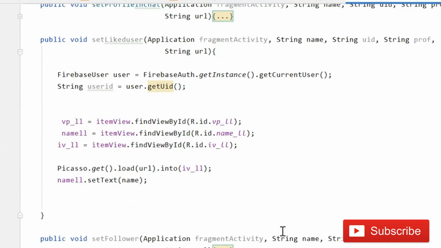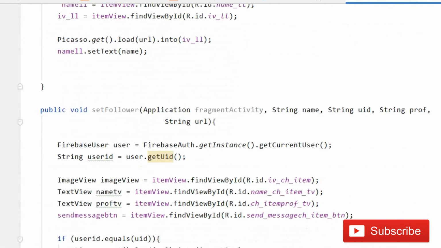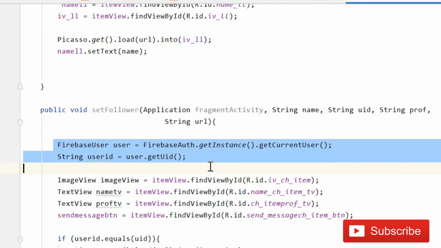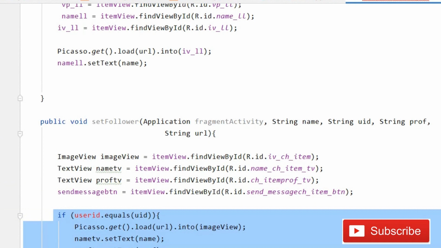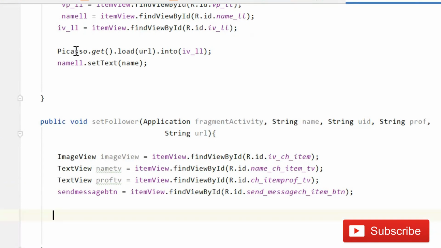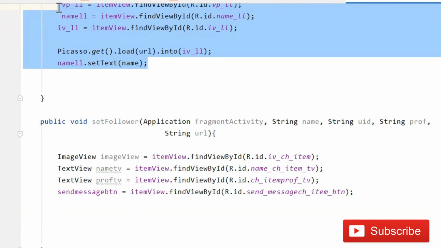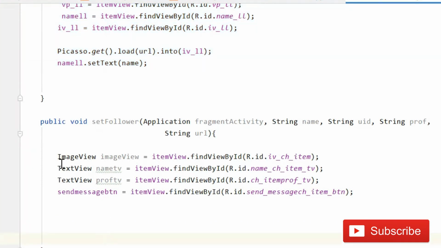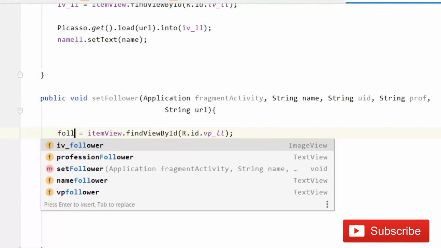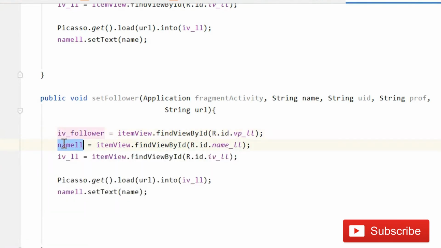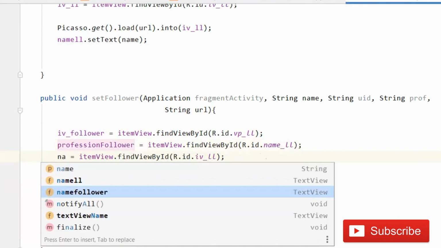And then after this open this one again, and this time what you have to do is delete that stuff from here, and then again the same thing, delete that stuff from here, and just copy these 5 lines, control plus C, and then come back here and control plus V. So this time we will make it iv follower, and then profession follower, then name follower.